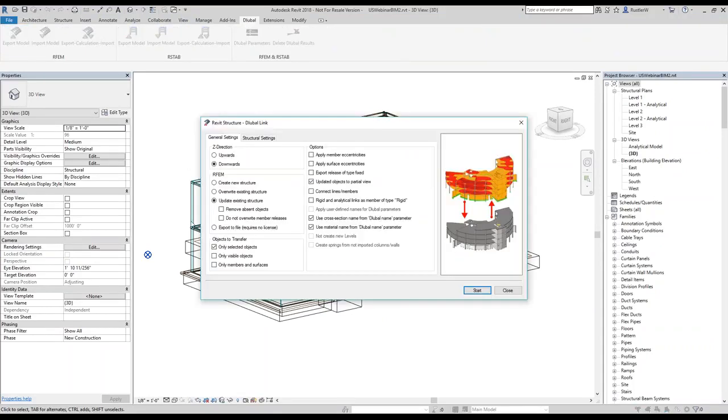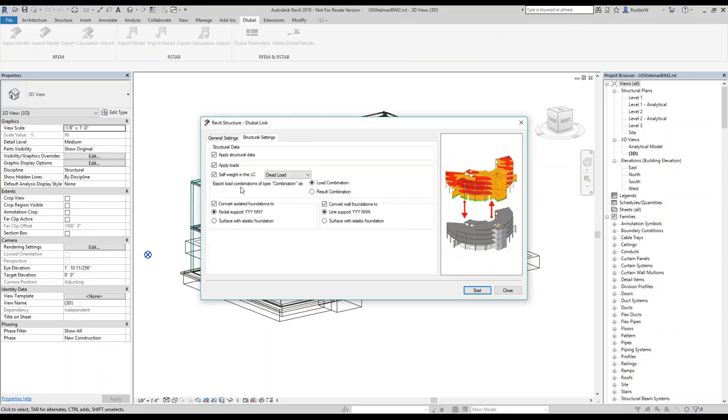We'll export the model, again, create a new structure, complete model. I don't have any updates. I'll also use the self-weight, and the first model I'm going to do is I'm creating isolated foundations to surface and elastic foundations, and the same with the wall foundations. Yeah? I start the export,